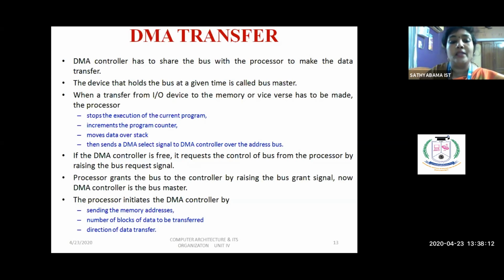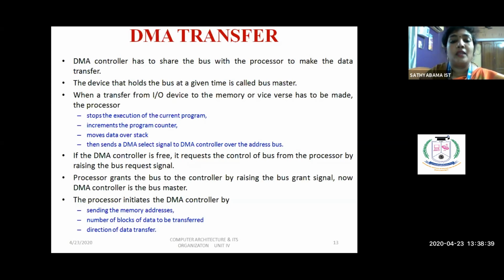Then it will send a DMA select line to the DMA controller over address bus. So DMA is selected by giving a DMA select line by the processor over the address bus. So here DMA select line is nothing but DS. So DS is selected by the processor through address bus.